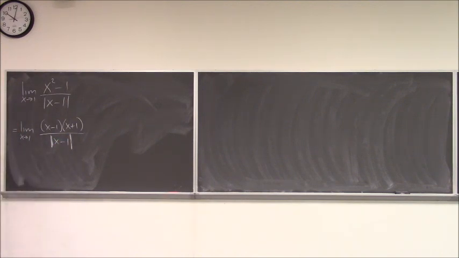Anyone else have ideas how you deal with the fact that one of them has absolute values, the other one doesn't? And we're going to 1, so the absolute value is going to 0. What do you know about the absolute value function when it's approaching 0? Is it undefined? How does it behave? It's not undefined. No.